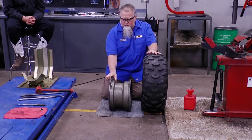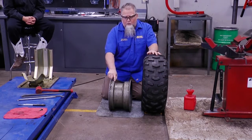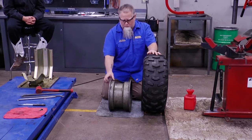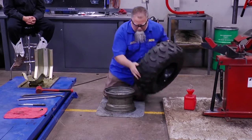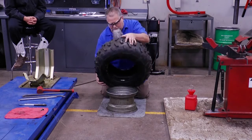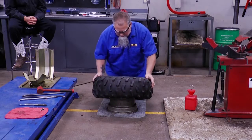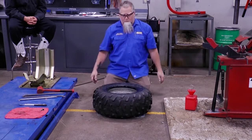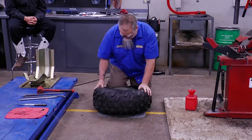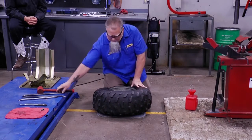But you can now see the shallow side and the wide side of the rim very clearly. I want to work on and off on the shallow side of the rim. So I take the first part of my tire, and the key here is I'm going to poke this bead part of the tire in the shallow part of the rim. Once I do that, the other side just simply goes over. Okay? Again, using that same logic, I want to push this part of the bead down in the valley,